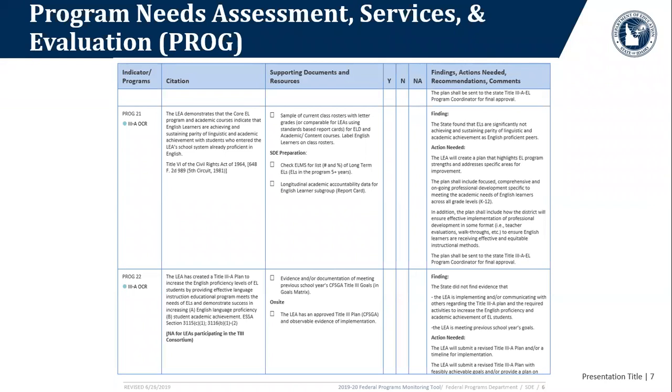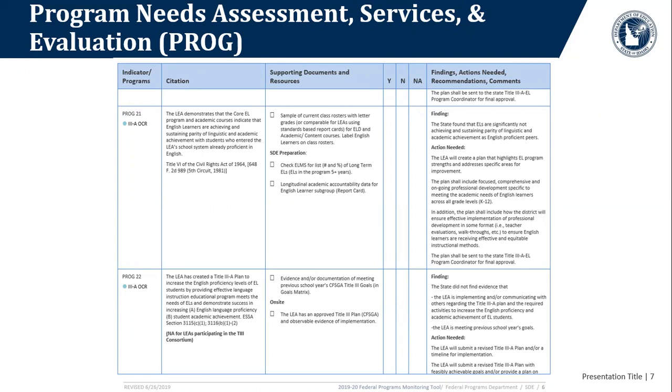For program 22, we are looking at your CFSGA Title 3A goals in the goal matrix. So the LEA has created a Title 3A plan to increase the English proficiency levels of EL students by providing this core LIEP, and we want to ensure that you're meeting your goals.